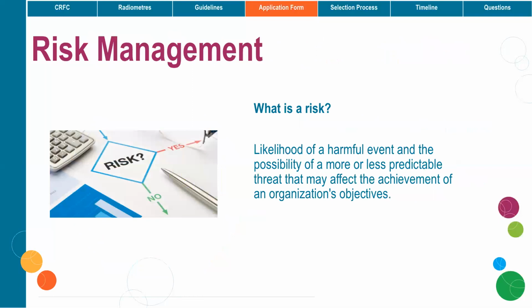One last thing, it's the risk management. So what is a risk? It's the likelihood of a harmful event that would occur and that would challenge the achievement of an organization's objective or of the project. So there's a question here where we invite you to identify the risk of your project,